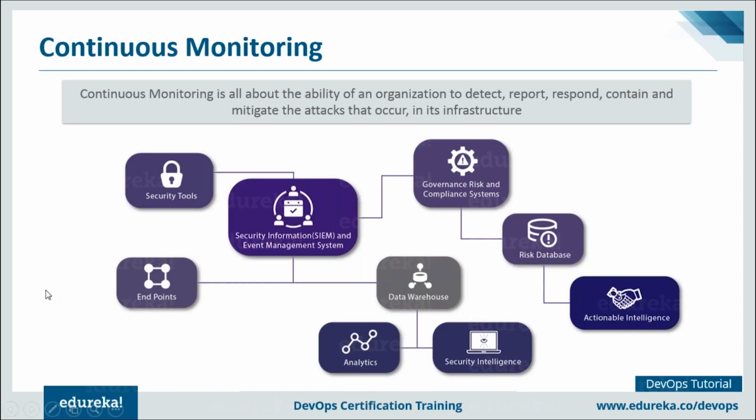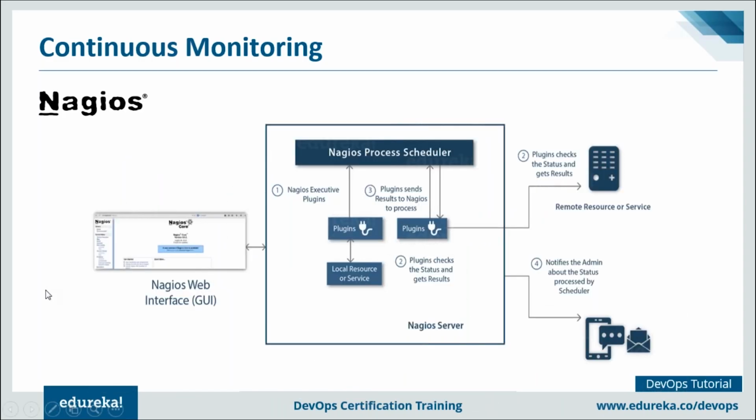Now, there are multiple continuous monitoring tools available in the market. We're going to focus on Nagios. Nagios is used for continuous monitoring of systems, applications, services, and business processes in the DevOps culture, right? And in the event of failure, Nagios can alert technical staff of the problem, allowing them to begin the remediation process before outages affect business processes, end users, or customers. So with Nagios, you don't have to explain why an unseen infrastructure outage affected your organization's bottom line. Let me tell you how it works. I'll focus on the diagram that is there in front of your screen.